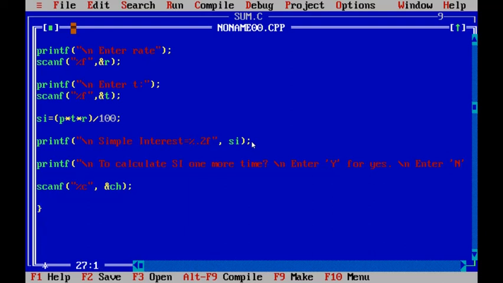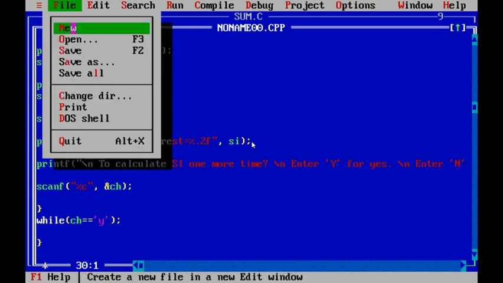Now at the end of the do block, write the while condition, while ch the character variable equals to y. If he entered y, the control passes to the beginning of the do while loop, otherwise it exits from the program. This is the program.